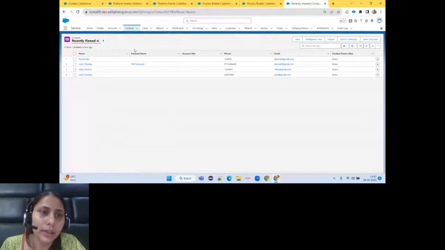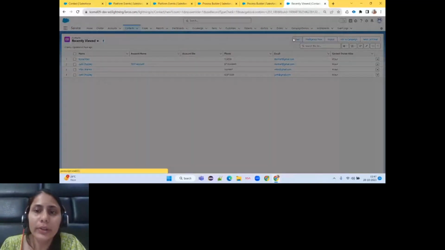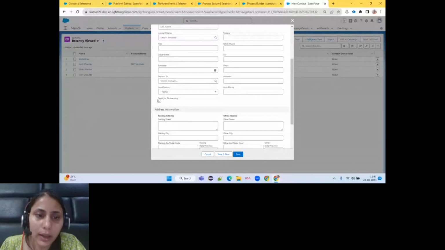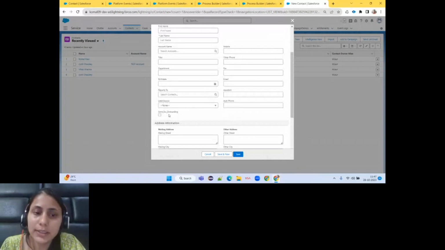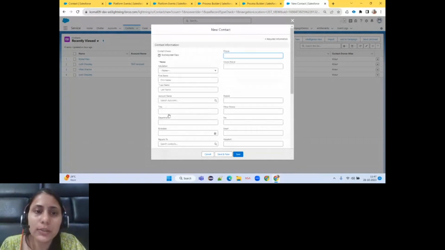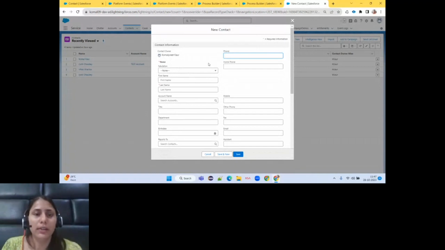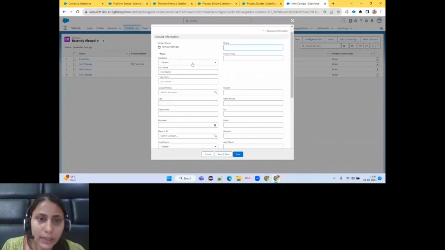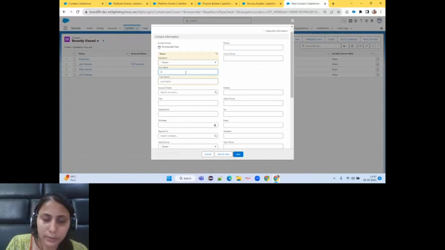Let's check out the platform event that we have created. I will click on new. You can see here there is one custom field, send for onboarding. Only if I check this field will my platform event get triggered, otherwise it won't. There were three mandatory fields, first name. Let me take a random name, Kitika.